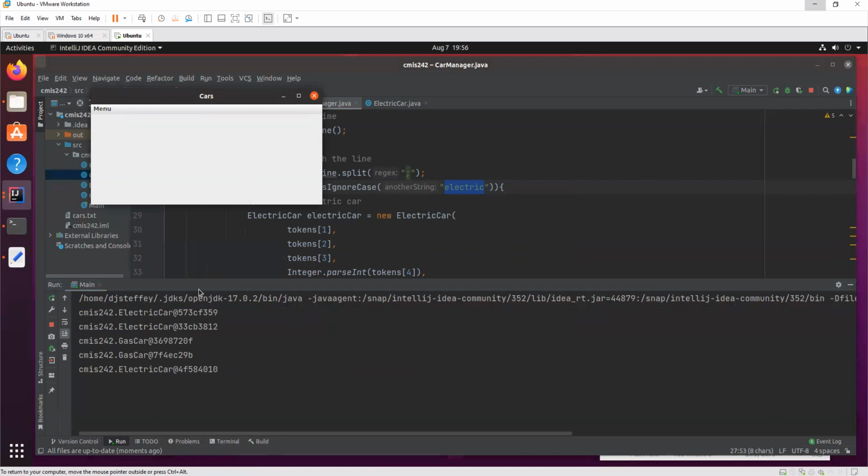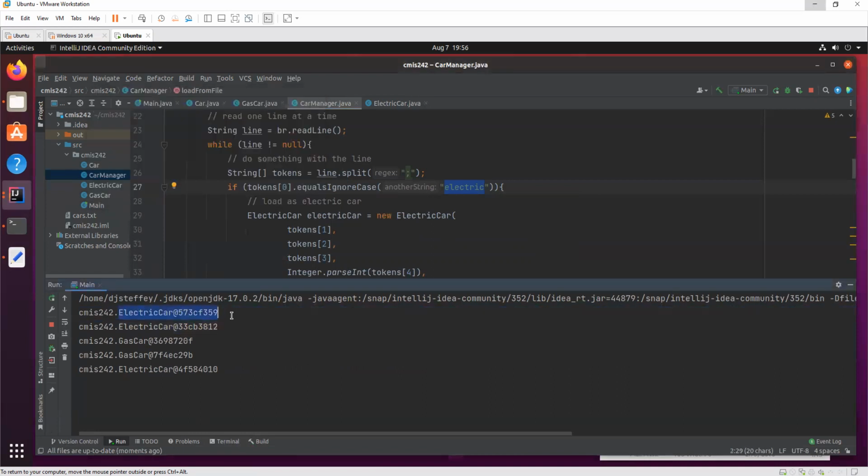So you should have heard me talk before about why you see things like this. This is what type it is, and this is actually the memory address where it lives in your computer memory. And it does that because Java doesn't inherently know how to print out an electric car. It doesn't inherently know how to print out a gas car.